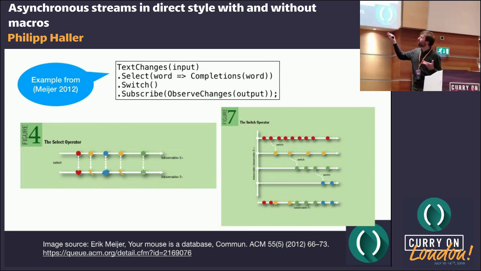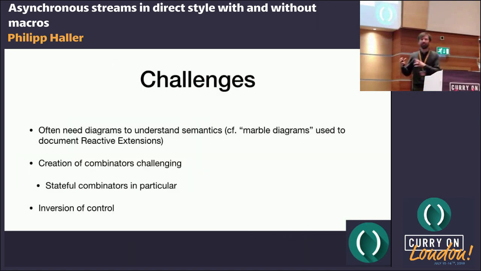And of course, on that publisher, we can then subscribe, so that we can receive all of those events. So, as you can see, with just a couple of methods, we can create quite intricate things. And this is actually one of the challenges with this style of programming, that typically we have to explain the semantics using diagrams in some form.